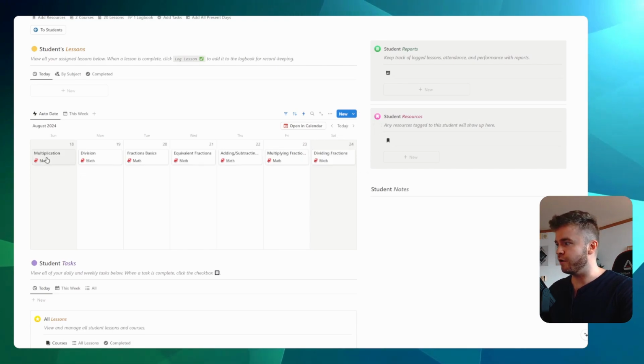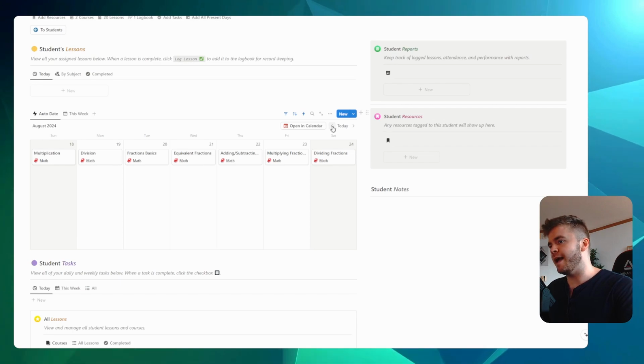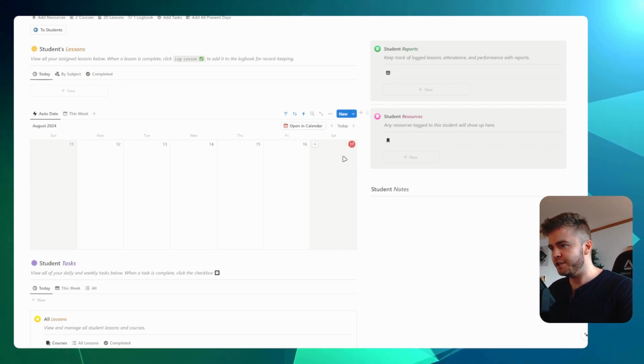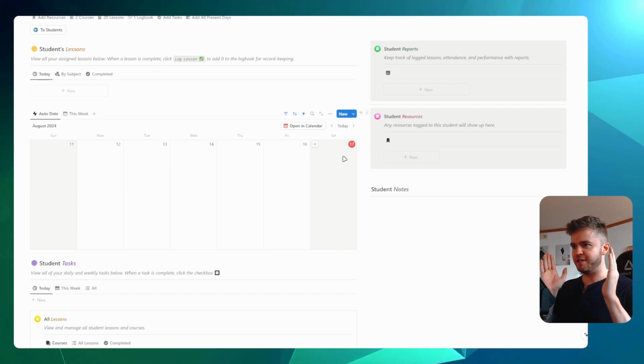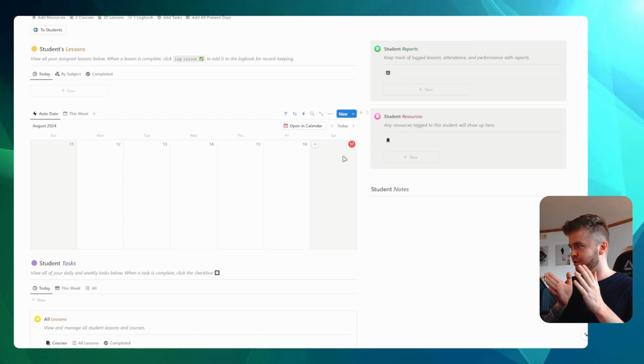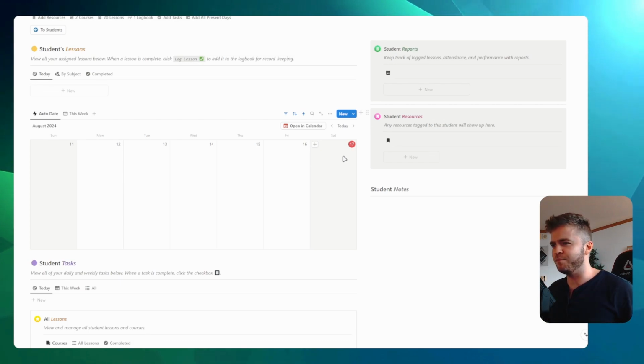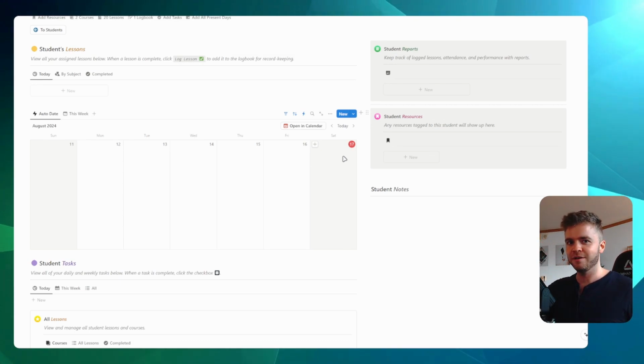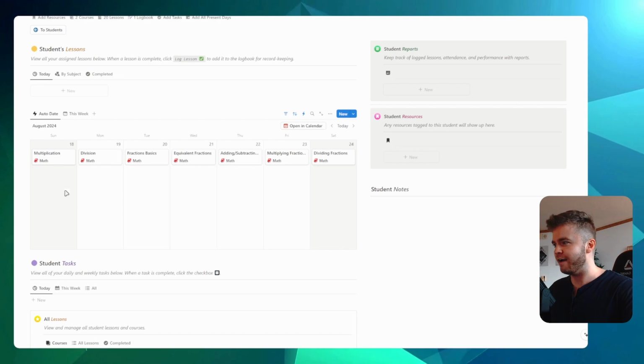And if we scroll over, everything has not moved. And so what I've made the auto scheduler do, originally everything would just shift down. You could complete a lesson and it would shift down. And then you could complete the next lesson in line and it would shift down. And I thought that was a bit disorienting, especially if you just wanted to complete one lesson each day. You wouldn't really want it to shift down, right? Let's say we have a lesson on Saturday, a lesson on Sunday, you would want this Sunday